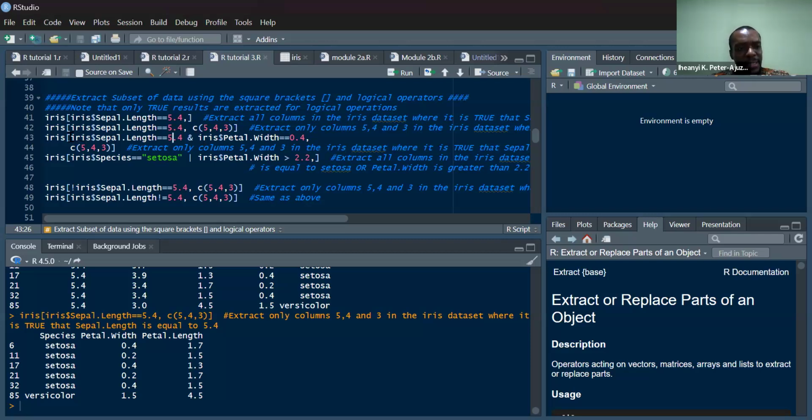This first command is asking R to check if each of the sepal.length values is equal to 5.4. If it's true, then tell me it's true. If it's false, tell me it's false. That's it. Then this one now tells me to check